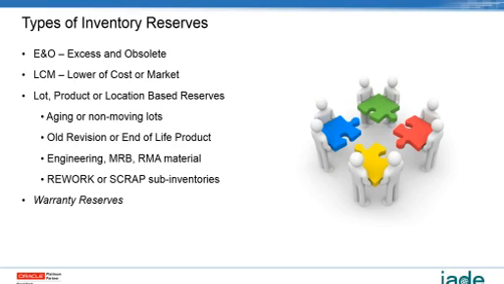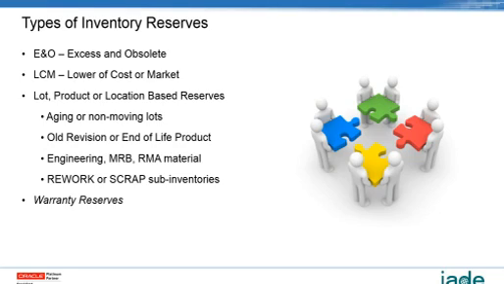Engineering, MRB or RMA material, I've seen companies creating reserves for those materials separately. Rework or scrap sub inventory. So if your material is sitting for rework or it's in scrap sub inventory, even though it's valued in your inventory in your ERP system, you want to write off that value because that's a potential non-sale to the customer. So all these reserves actually, sometimes there is a potential, if you do not track them